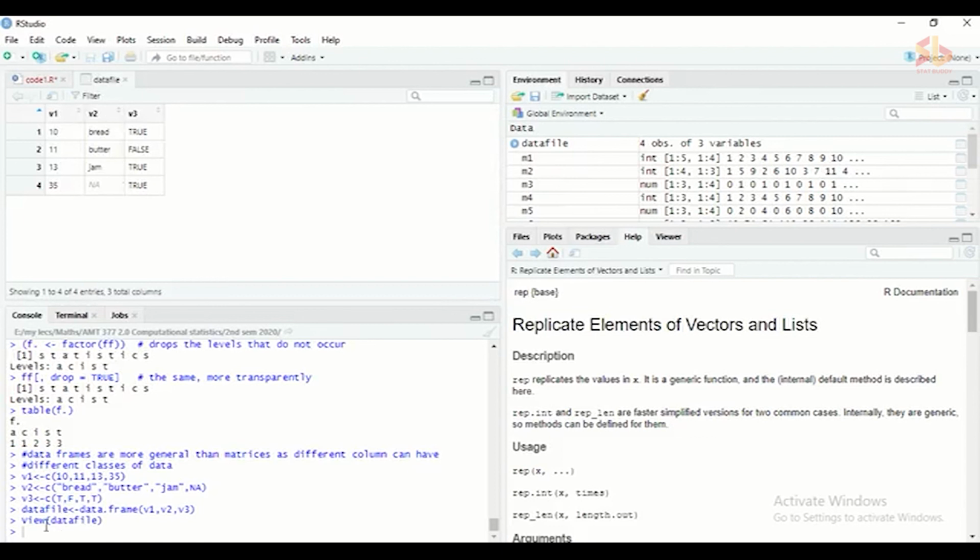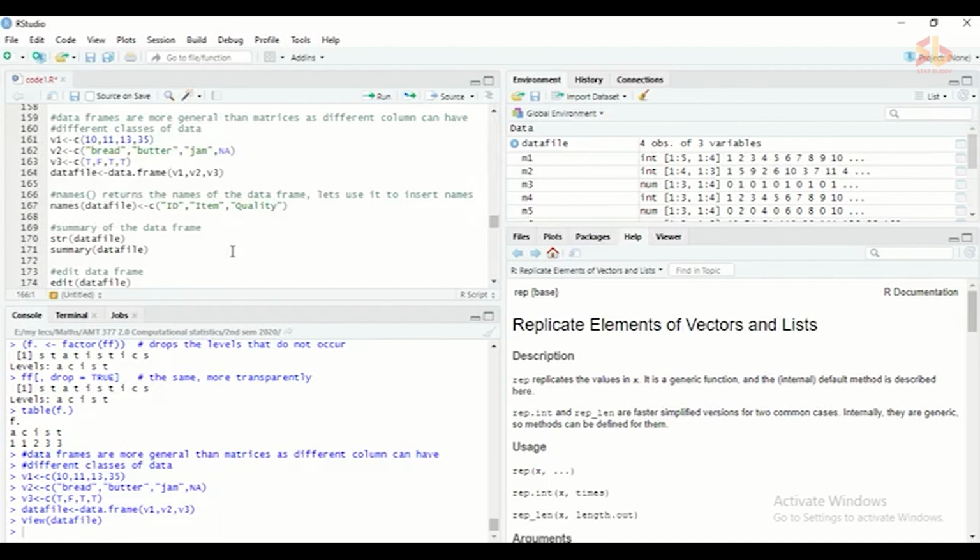So if you can see, this is variable 1, 2, and 3. And the missing value is indicated by NA. So like I mentioned in the matrix case, this function can be used to read the entire data set, whether it can be a matrix or data frame. So here